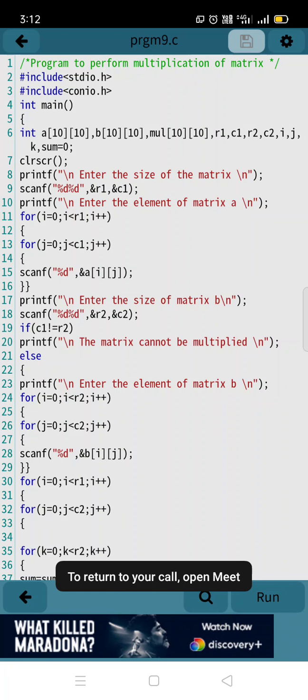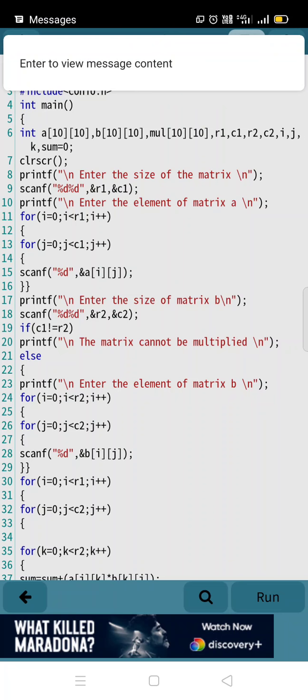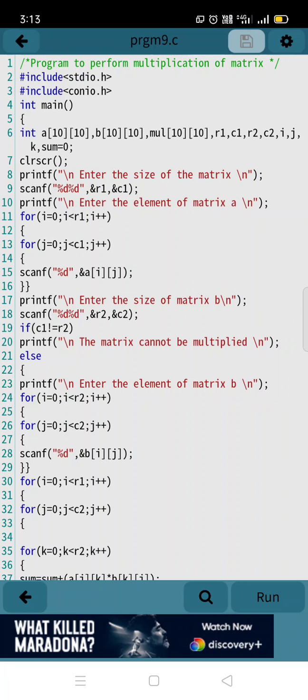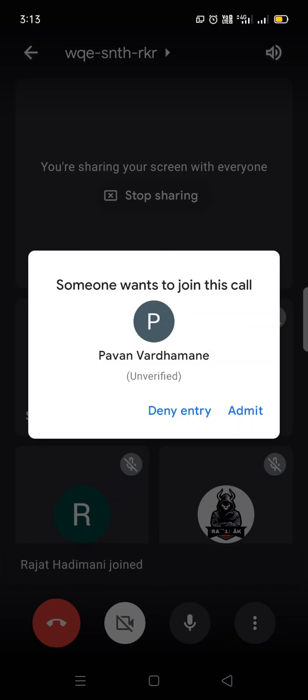After starting the main function, the next step is initialization, and here we used two-dimensional arrays, because we want to multiply matrices, right? A matrix will be in rows and columns, correct?